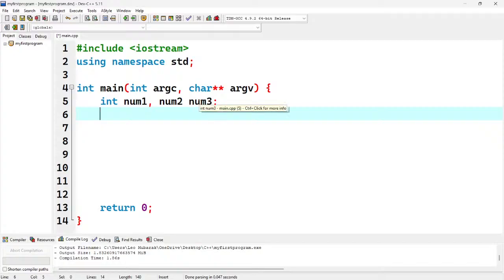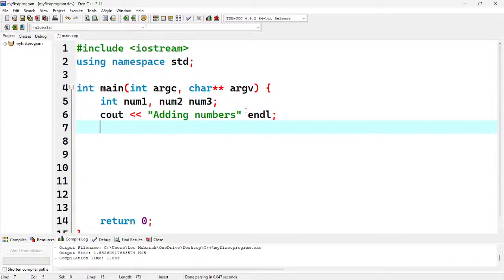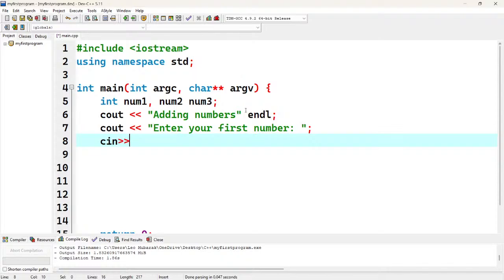Okay. So cout adding numbers. I terminate. Let me use endl. Okay, so cout enter your first number. Store this number in num1,